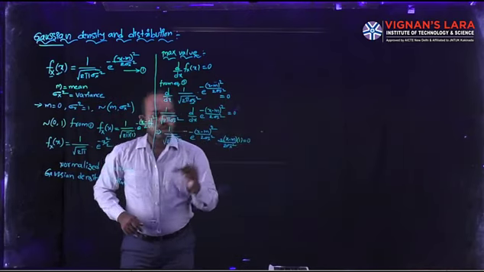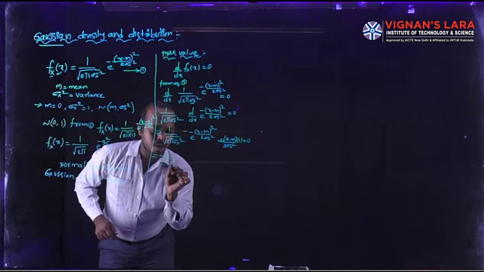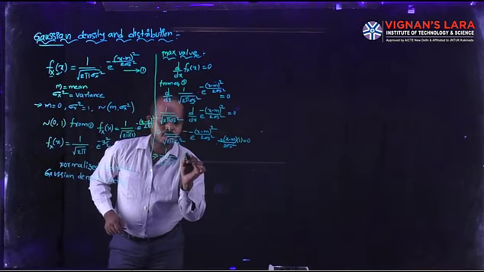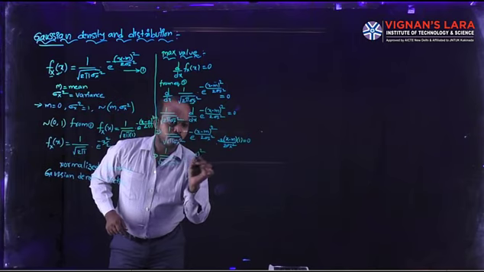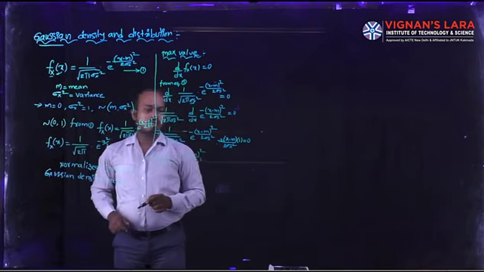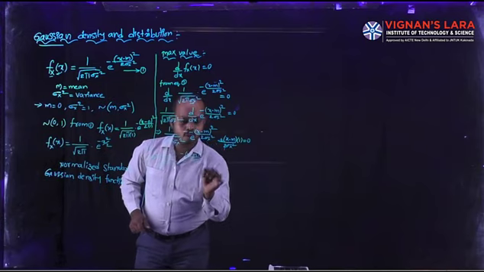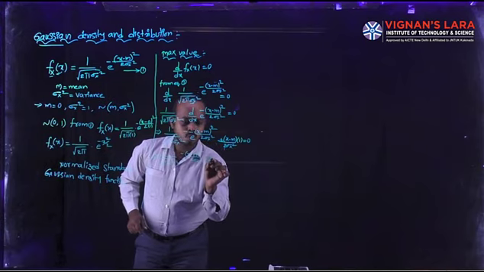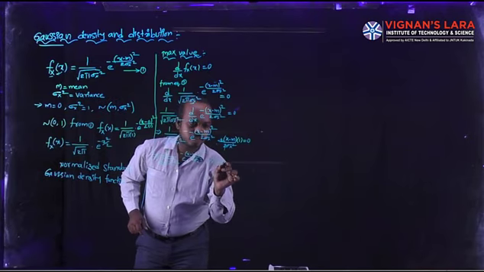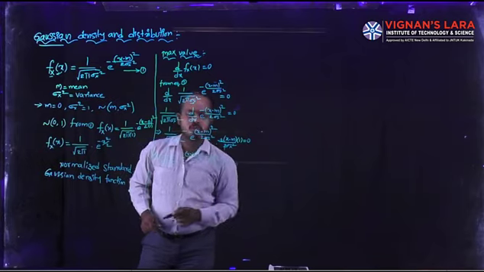Now it is 1 divided by the square root of 2 pi sigma x square into the exponential term e power minus x minus m whole square divided by 2 sigma x square, into the quantity minus 2 and 2, where both 2s cancel and the remaining quantity is minus 1 into x minus m divided by sigma x square, equal to 0.